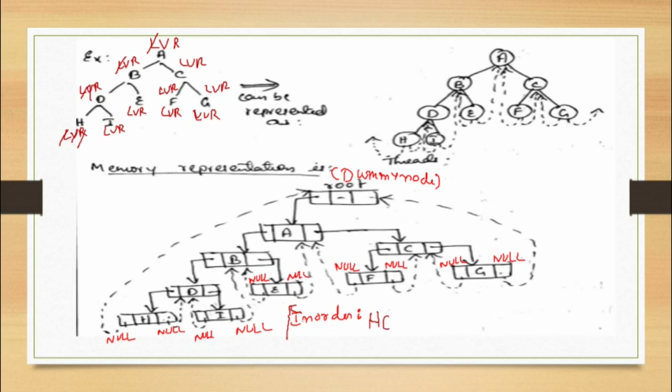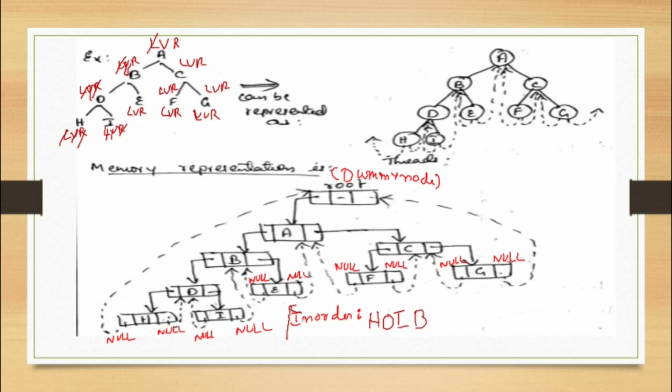Then I go to right. Then left is nothing there. I'll visit I. Then I go to right. So HOI. Correct, no? Yes, I guess it is O, so I'll take it as O only. I'll go back. Then I'll visit B.